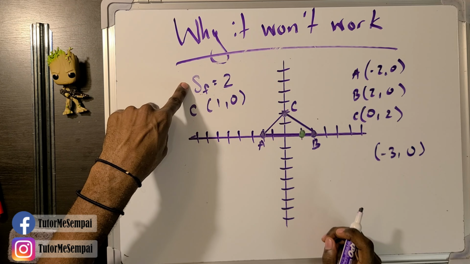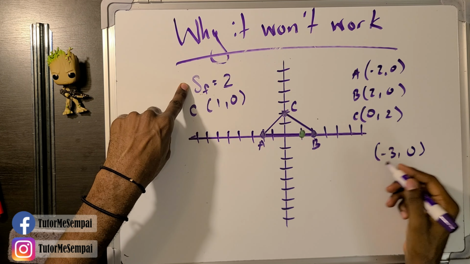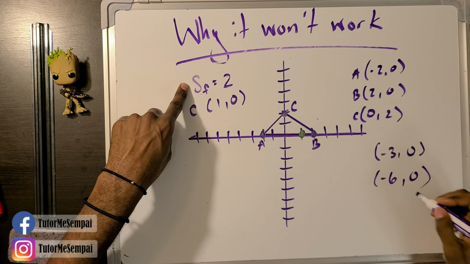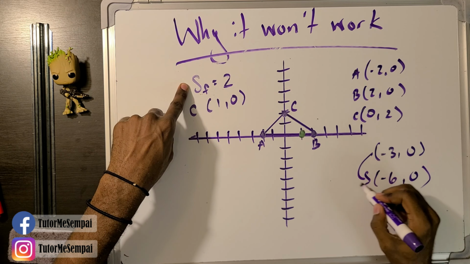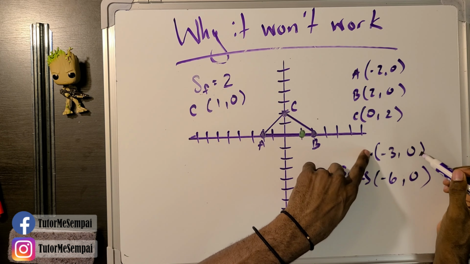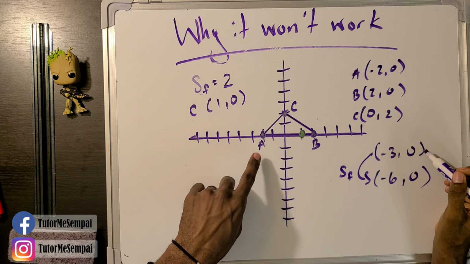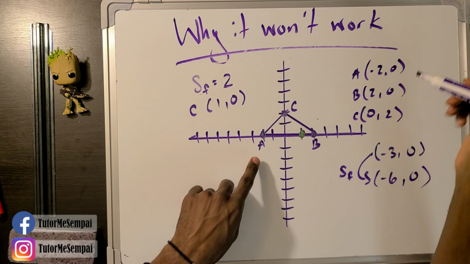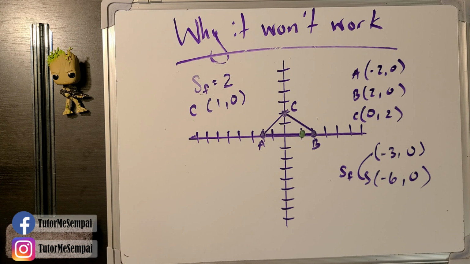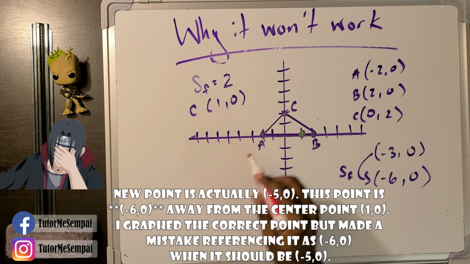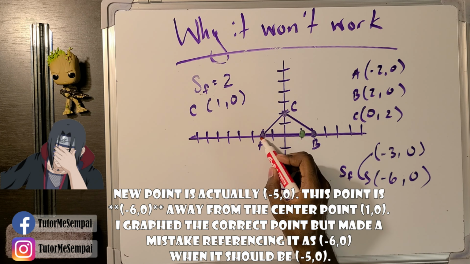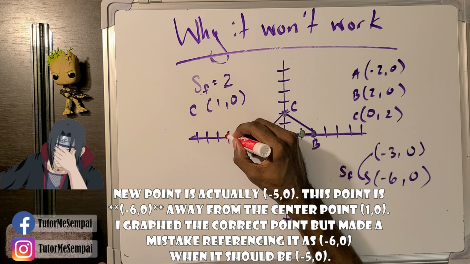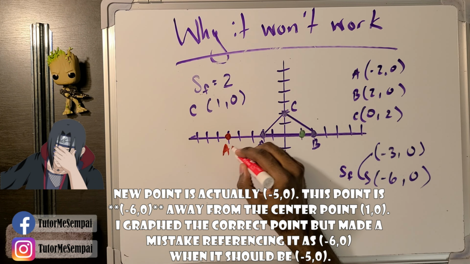So if we want to scale this up, we can multiply by 2, right? And it becomes -6, 0, right? After we apply the scale factor to the actual distance. However, that's not applying the scale factor to our point here. So we have a new point all the way out here at -6, 0. So that's 1, 2, 3 extra, -6, 0, and this becomes our